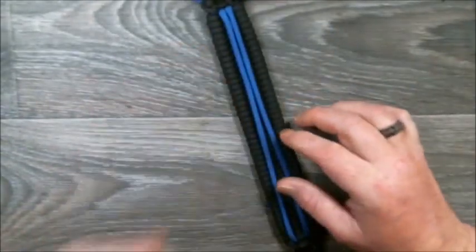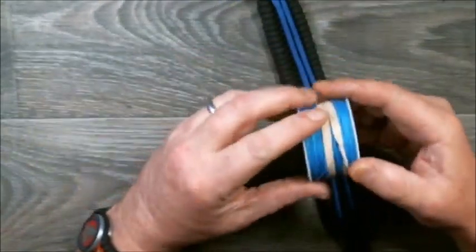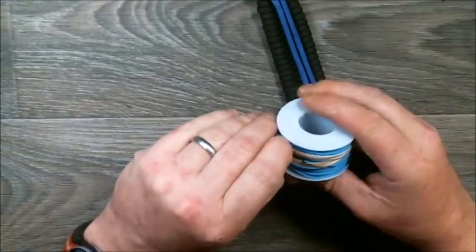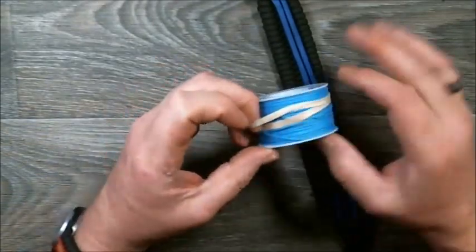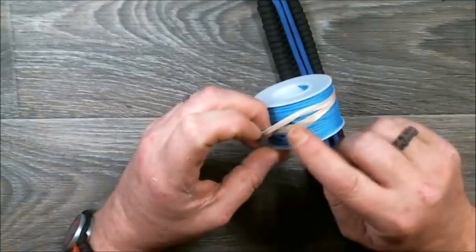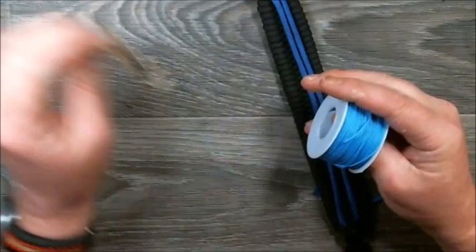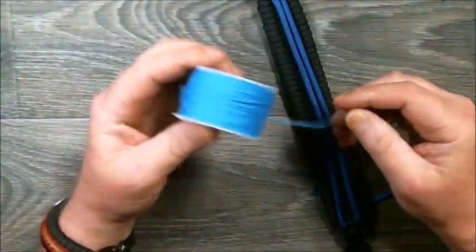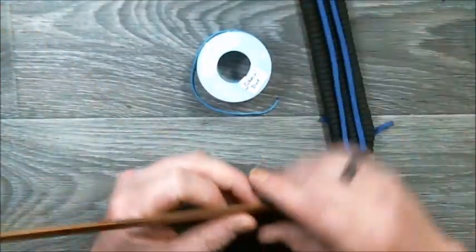Okay, so there's that. So we're going to find our colonial blue. I keep a rubber band on there. Most of you know this, but keep a rubber band on there. That way the working end, standing end, whatever you call it, the loose end doesn't come unraveled. And, you know, you're constantly having it come unwound. But when I cut this stuff,